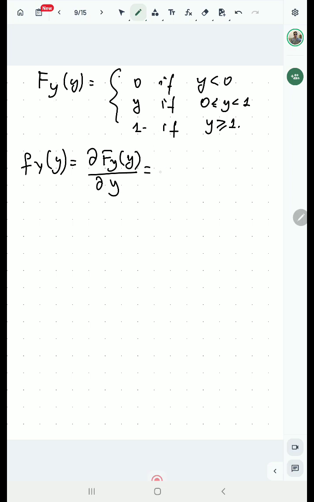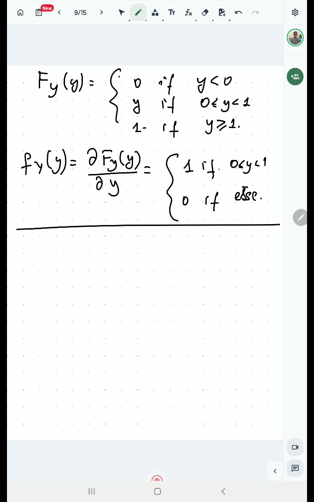Actually, I should put it this way: it's equal to 1 if y is between 0 and 1, and 0 otherwise. Right? This is the probability density function for y, and that means that this is uniformly